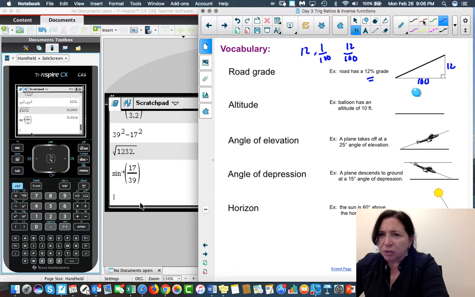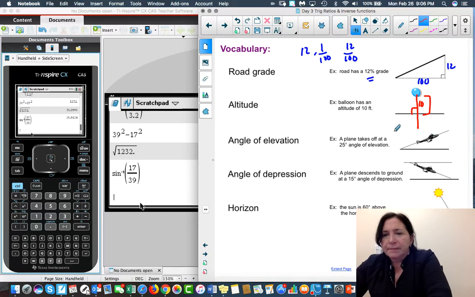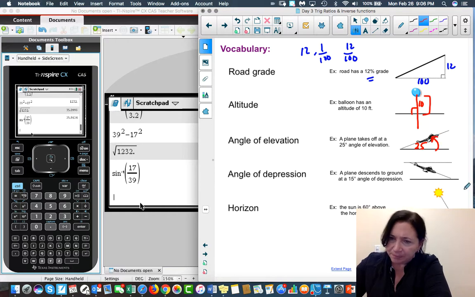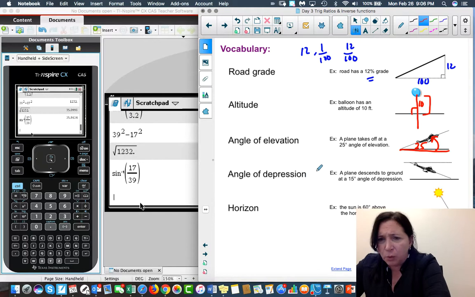Altitude of a balloon. Altitudes are always perpendicular. Keep that in mind. Altitude of 10 feet, so that would be from here to here. An angle of elevation is always an angle that comes up this way. It starts flat with the horizontal. Likewise, the angle of depression is an angle that's going to drop down, okay? Keep in mind, let's say that's 15 degrees. That angle of depression,